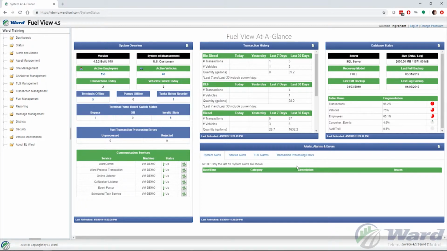So below that, I have my alerts, my alarms, and my errors. The first one is system alerts. These are system-wide alerts for pumps, things like that. This is your hardware, essentially. I don't have any errors for this one, so it's not going to show anything, but it's going to give